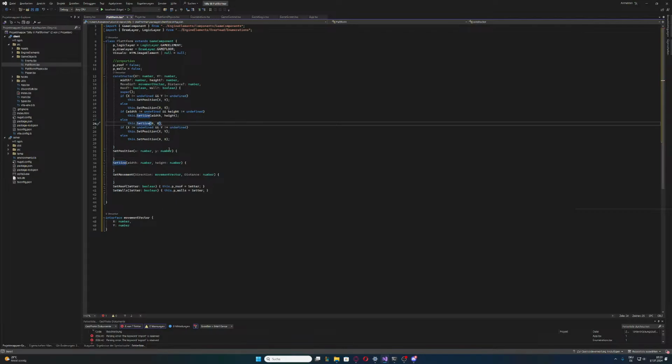Okay, the next one is movement. If move direction and distance. Move direction and distance. Why are you marked? Set. Oh, set position. The set movement. Set movement, and that would be then